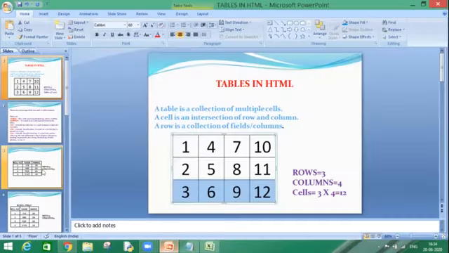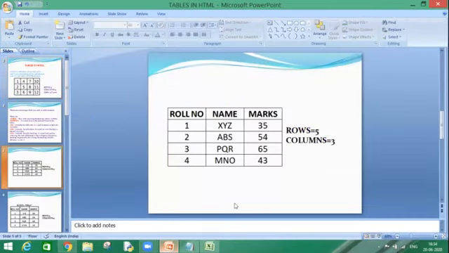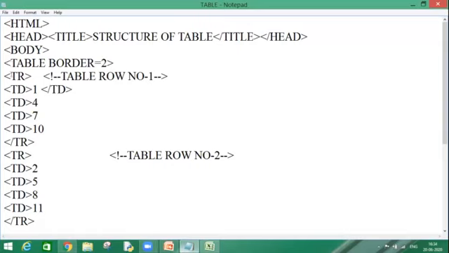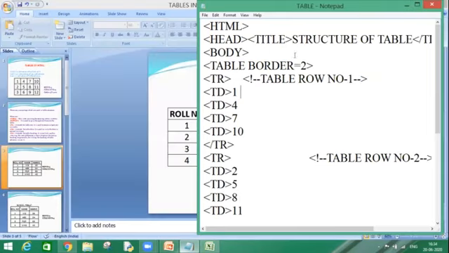Now let's move on to this table. How to create this table? As I told you, we use table, TR and TD. These three basic tags are there. Okay, we have not used the TH tag till now. We haven't used the caption tag till now. The caption tag we will use in the next table. Now in this table, we are going to use our TH tag.